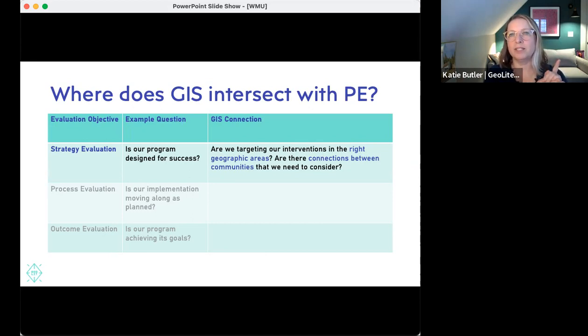But I'm going to talk a little bit about spatial statistics. So just like we can use regular mathematical statistics to try and explore causal relationships with any set of data, there are geospatial statistics that we can use to try and explore causality when we're looking at geographic data.